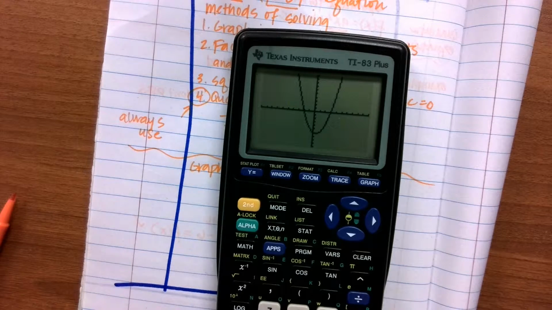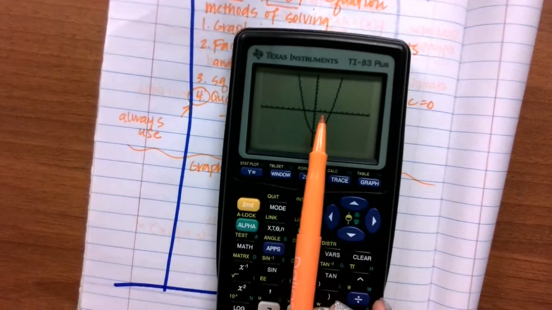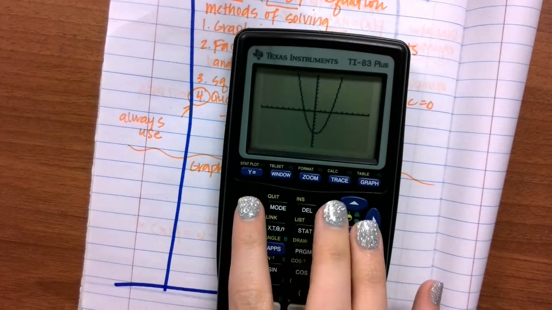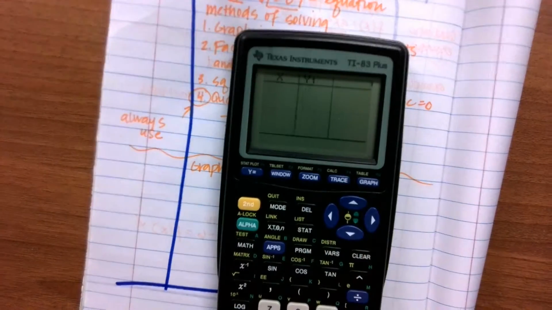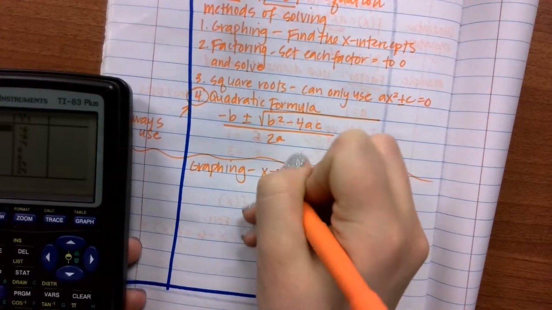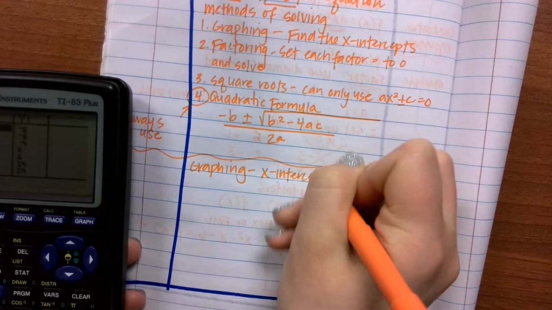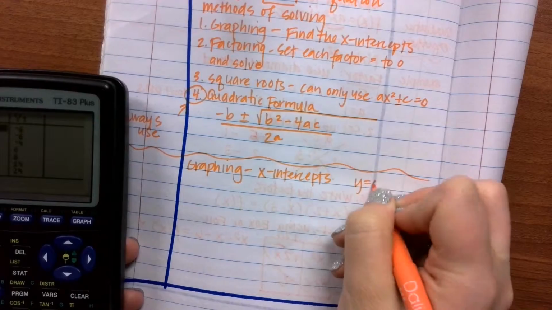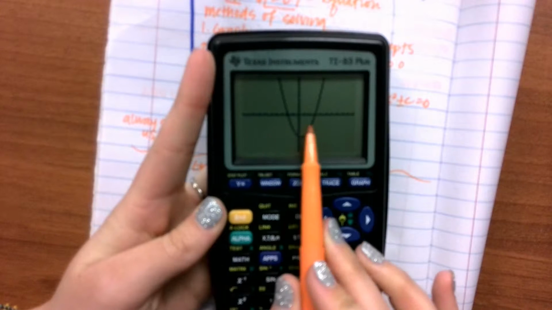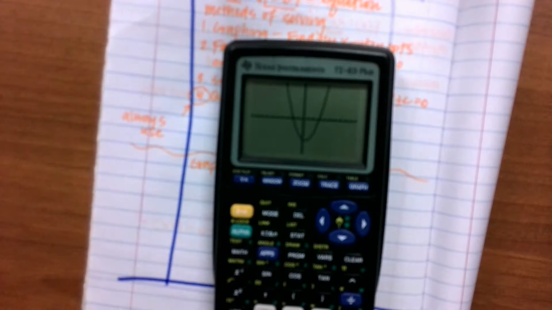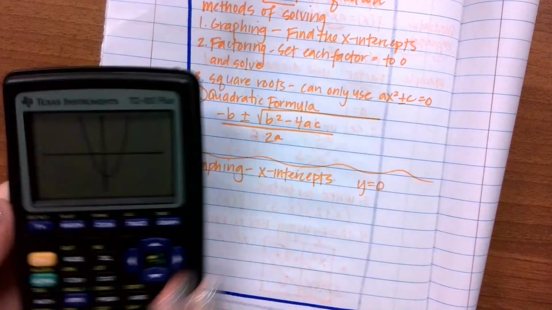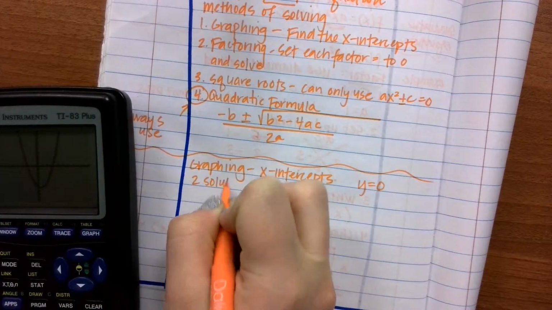I'm not going to guess what my x-intercepts or my zeros or my roots or my solutions are. I'm going to make sure I know what they are by pushing second and table. Now I'm looking for the x-intercepts. The x-intercepts are when y equals 0. When I graph my equation, I can figure out that I'm going to have 2 different solutions. I'm going to have 2 different x-intercepts. By graphing your function, you're able to determine the number of solutions. So I have 2 solutions,